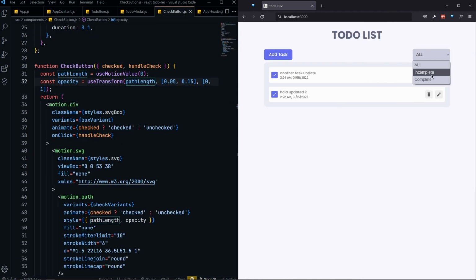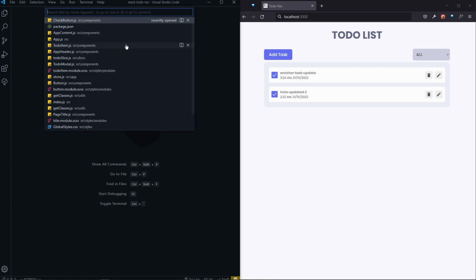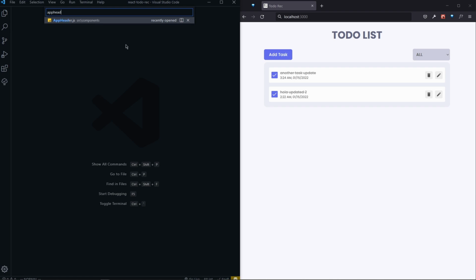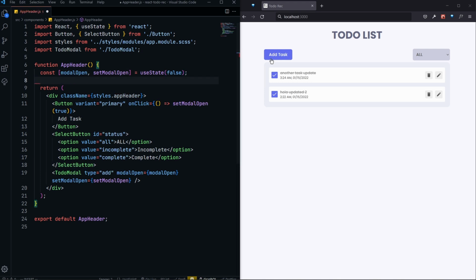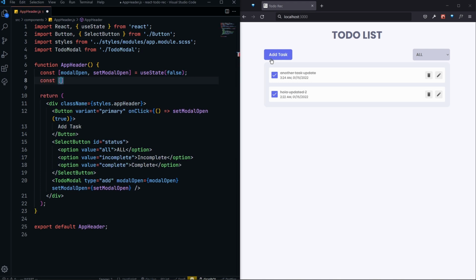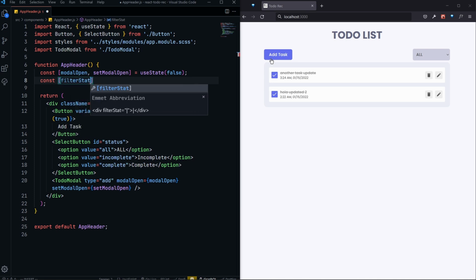So we are having the select button, but it is not doing any work right now. So let's do some code for this select. It's in the app header. So here is our select button. Let's add an event listener in this select button, and before that let's create the state so that we can use the value on this state. So let's say filter status and set filter